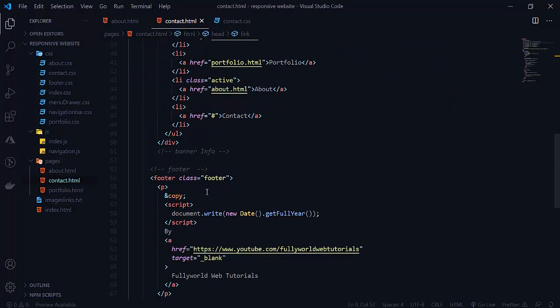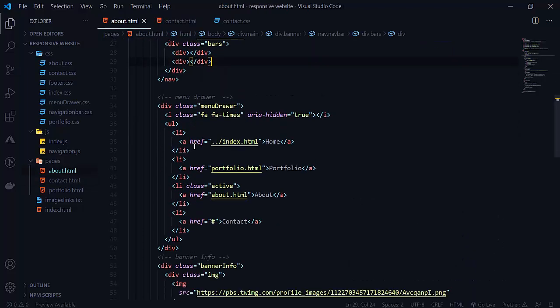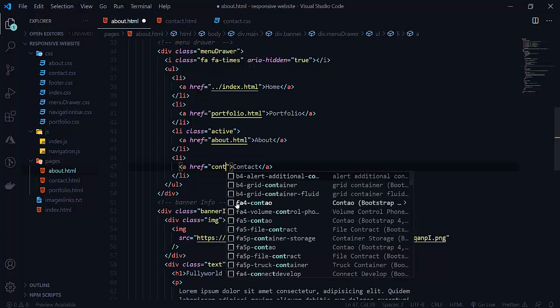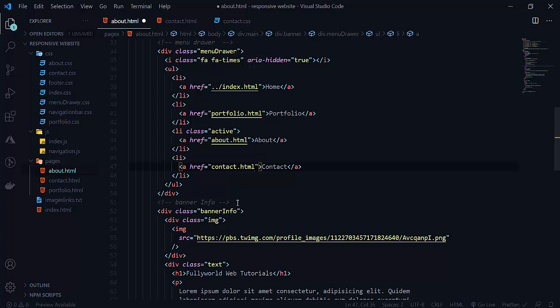Now in about.html we want to change one thing. Here we have to put contact.html. See that here in contact.html, now we have a contact.html page.